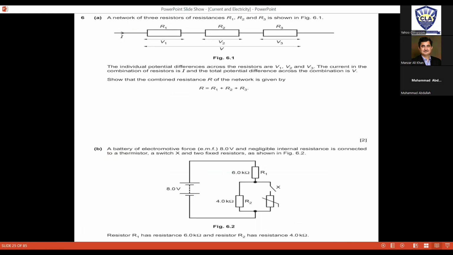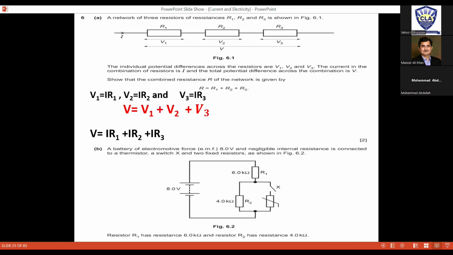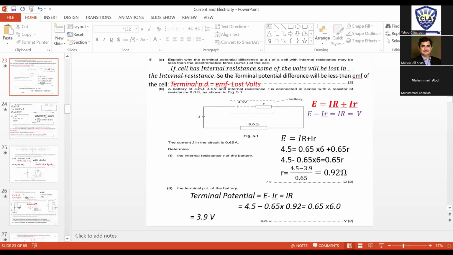It says we have three resistors in series. We have to find the total resistance is equal to R1 plus R2 plus R3. The proof has come. We will start from here. Same current in all three resistors. V equals IR1 plus IR2 plus IR3. I taken common: I times R1 plus R2 plus R3. And V over I is R. So step by step we will solve this and we will get the answer for